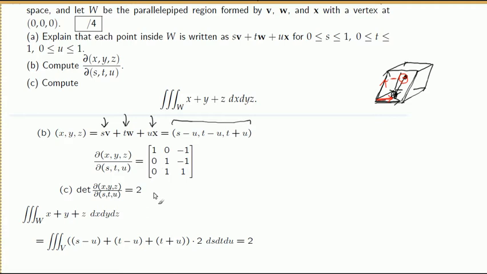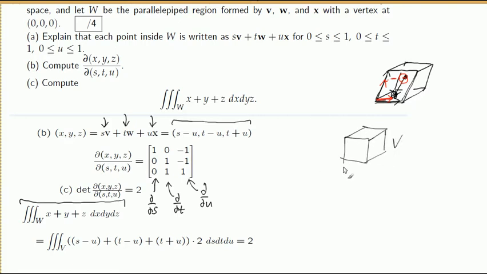So this is xyz with partial with respect to s, right? This one here, xyz partial with respect to t, correct? And this one here, partial with respect to u. In general, if this is not linear like this, you will have some s and t in there, so it changes. But if not, it's always a perfect parallelogram, not curved sides or anything like that. So computing the triple integral over this parallelogram